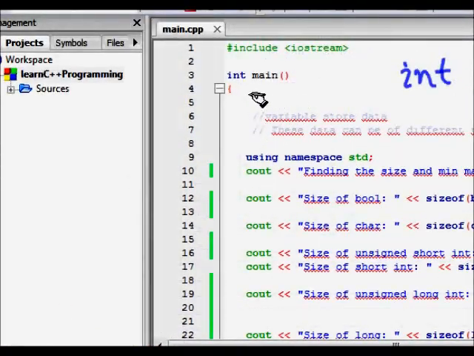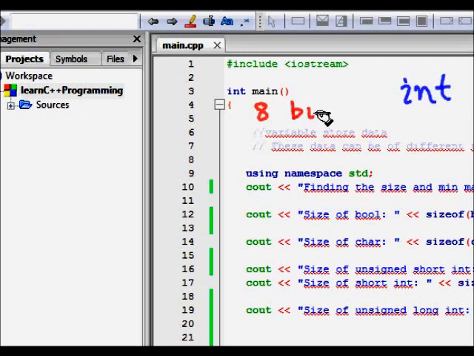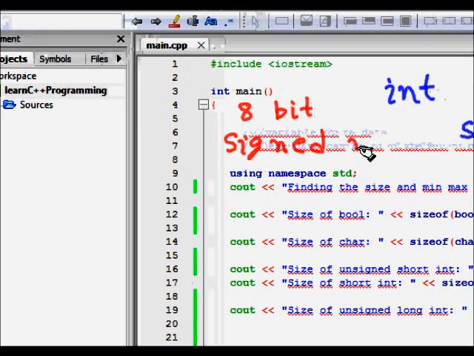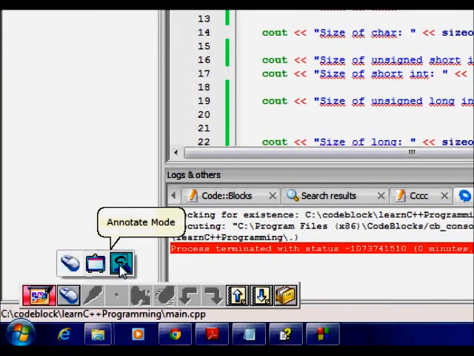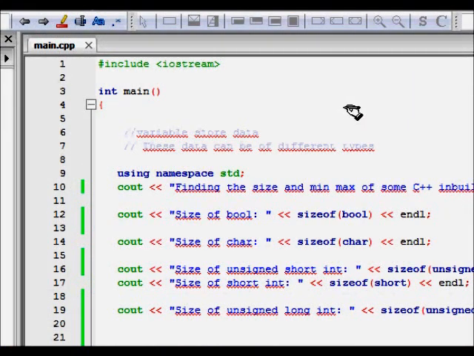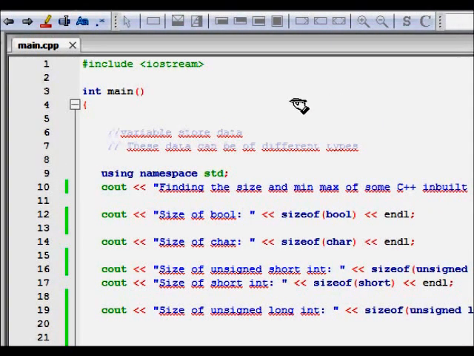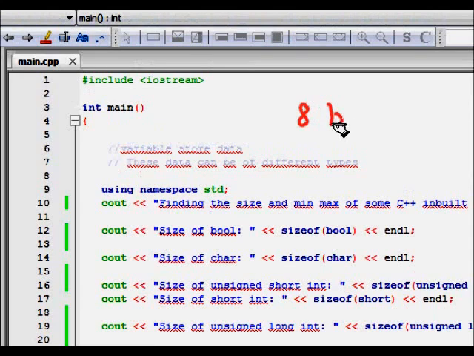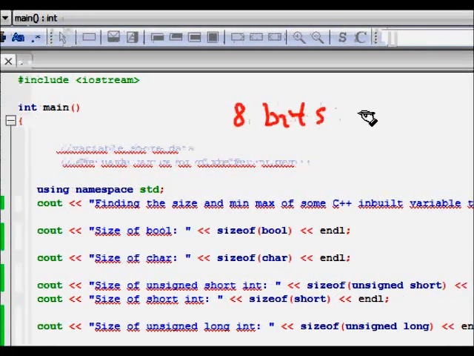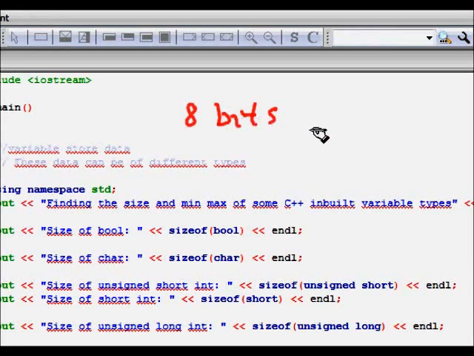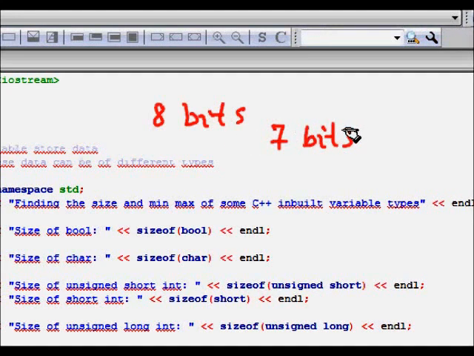One thing to note about signed and unsigned is, let's say we have an 8-bit signed number. Signed means that in 8 bits you have to use 1 bit for the sign, to say whether it is a positive or a negative number.